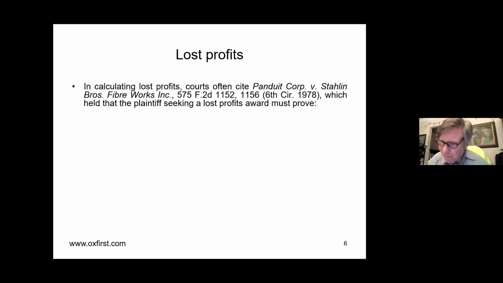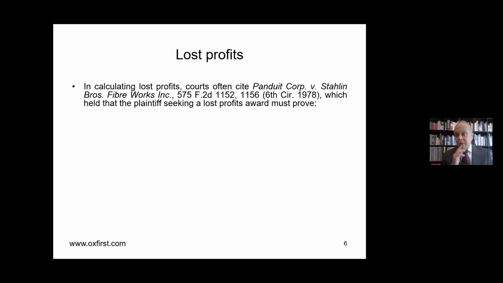Excuse me for interrupting there. No, Professor, please, you're going great. And I certainly agree with you on that. Lost profits empirically are a minority of patent damages cases in the US for precisely the reasons that Judge Rader has indicated. It is often very difficult to prove them to the satisfaction of a court.